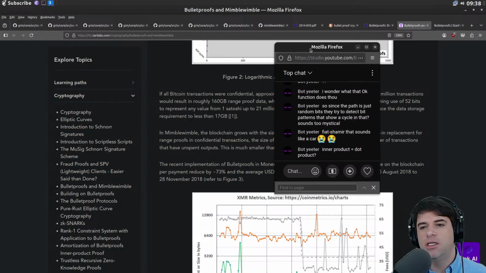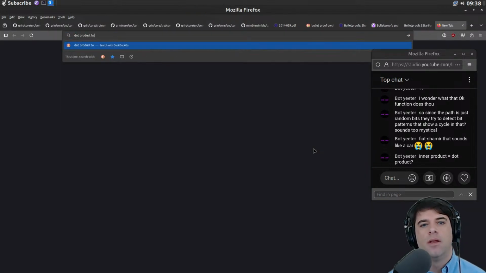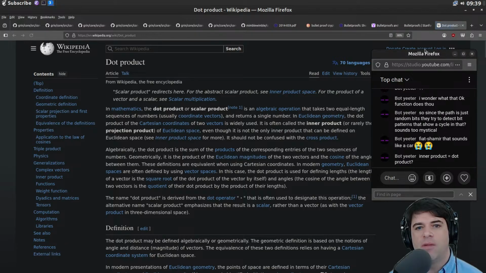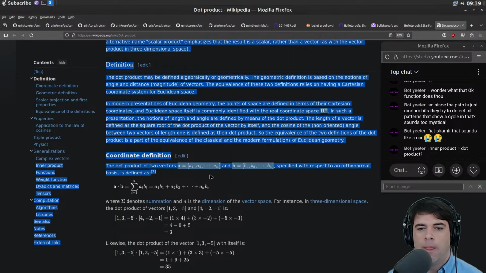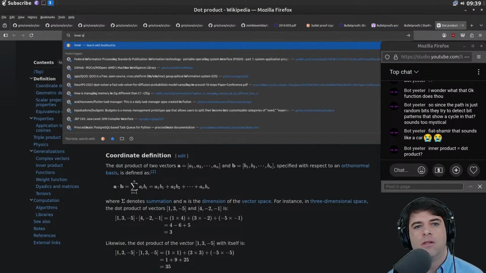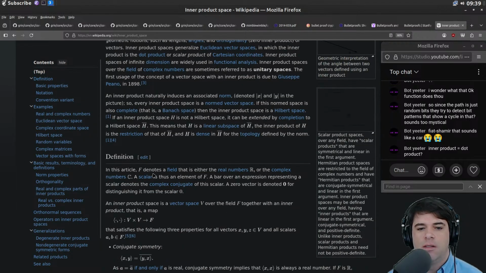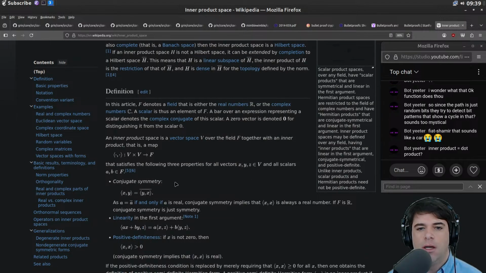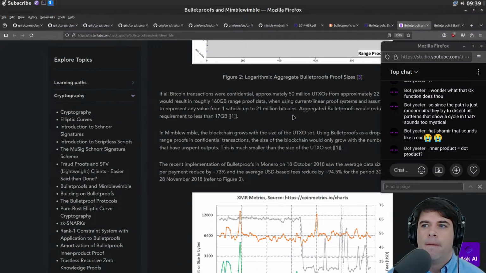Yeah, inner product is dot product. I think I consider them the same. The dot product might refer specifically to the R3 standard inner product. But yeah, you just take the components of the vectors. Given any vector, you can define an inner product with it. And I'm not sure which one they mean. I'm assuming it might be a general inner product. But I don't know.